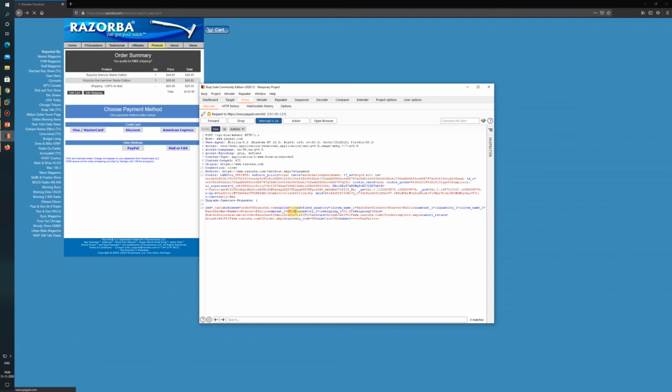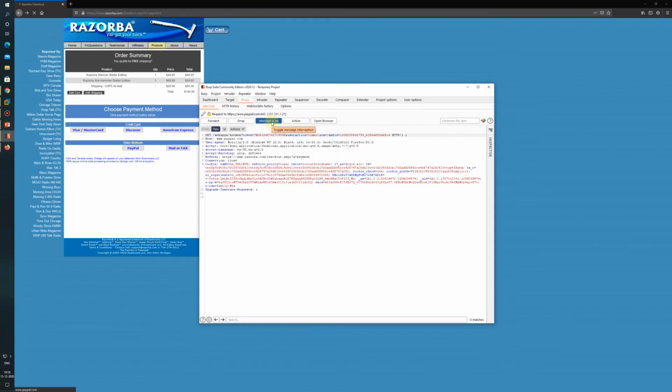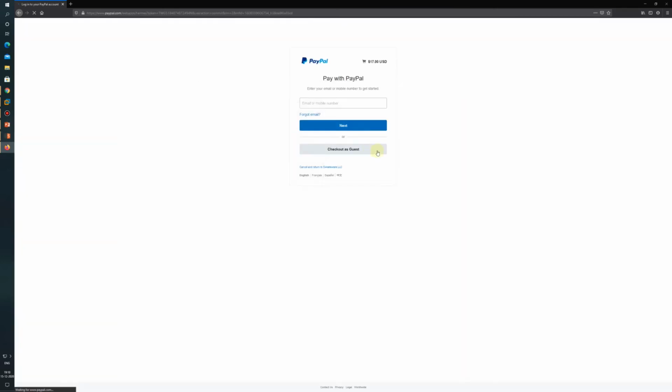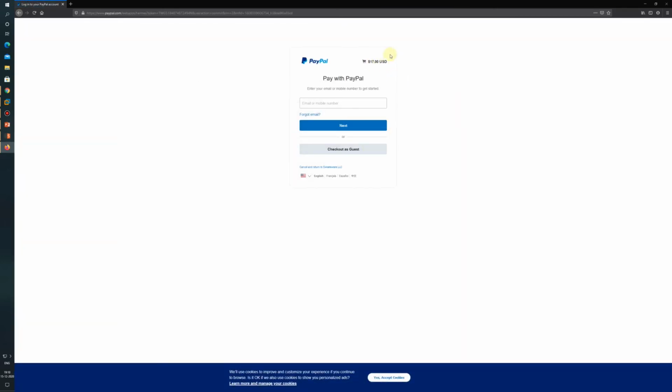Next I will change here, this is the amount, I will make it 1, and the shipping charges also I will make 1, and I will forward this request and turn the intercept off. Now let us check the total amount that got checked in the checkout field. So basically $17 got checked out. This is how we can change any field in that particular request and forward it, and if the website is affected with the data tampering vulnerability, then the value will get changed.